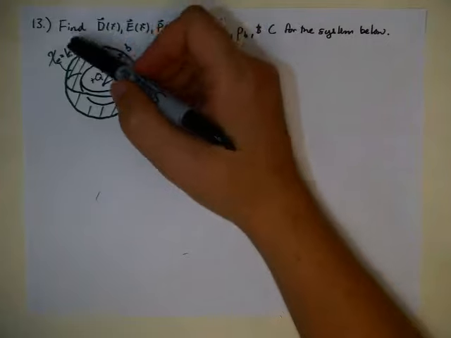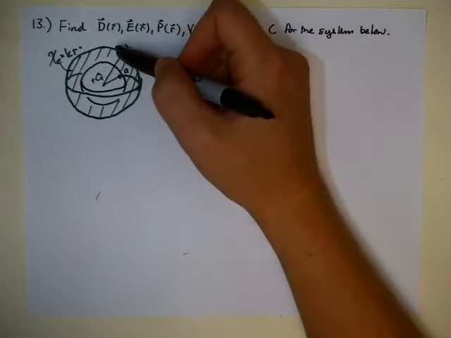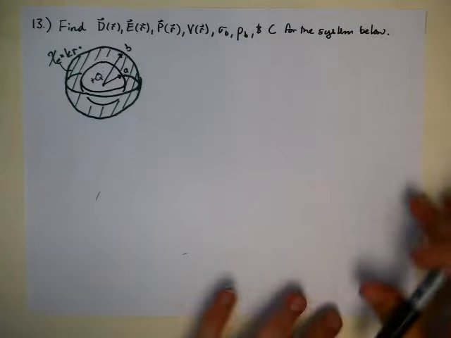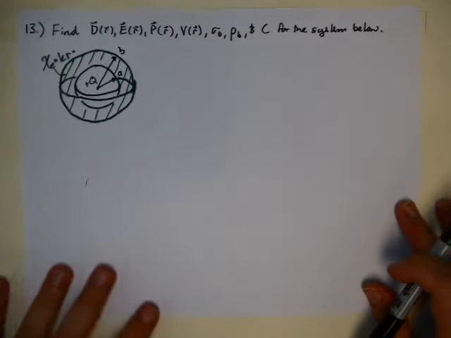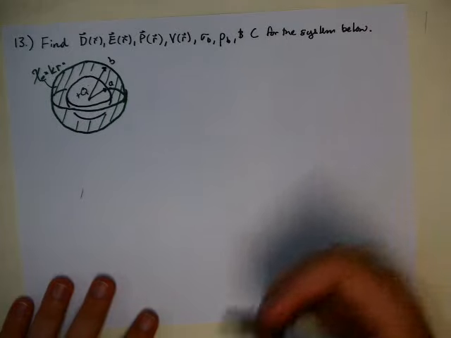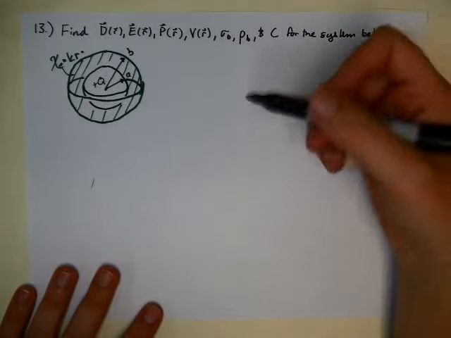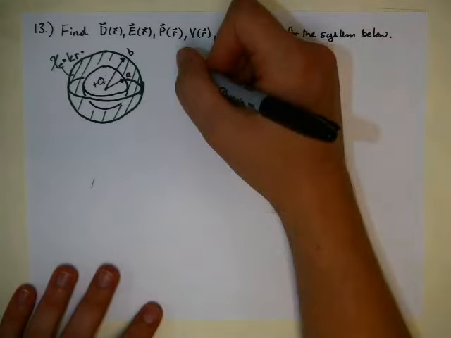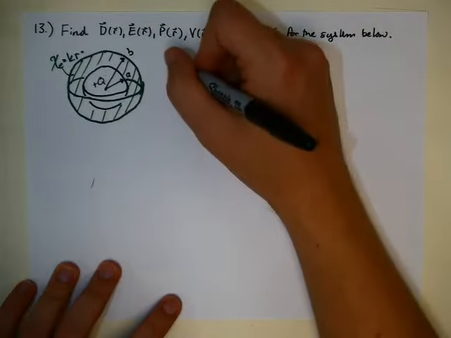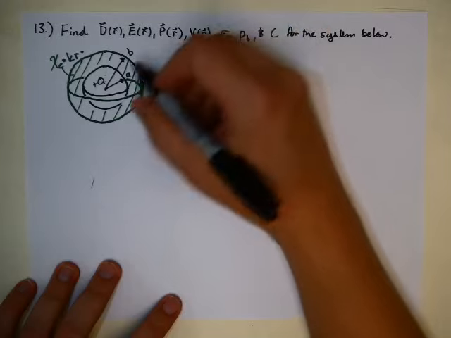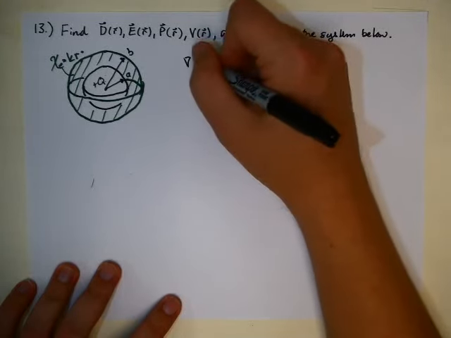The dielectric has a permittivity that is radius dependent, so the permittivity changes as you get further away. So that's all fun and good, so let's get started. To do this, the first thing we're going to notice is that we have a spherically symmetric system. As long as we have spherical symmetry, we can use the equivalent of Gauss's law for dielectrics,